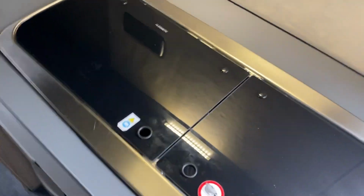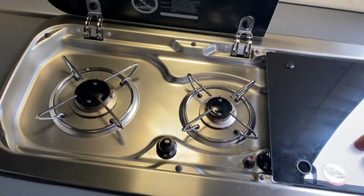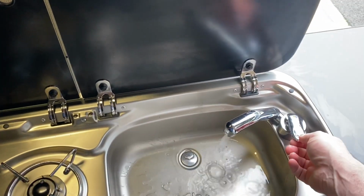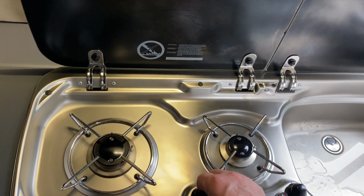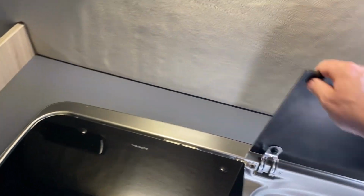We'll move rearwards. The kitchen area, double burner hob and sink. So again, once we have our pump switch on, and away we go. Yeah, lovely. So obviously hot and cold. The two burner hob, I need another hand for, but again, you just press and hold and she will light away. And similarly with the oven down below,